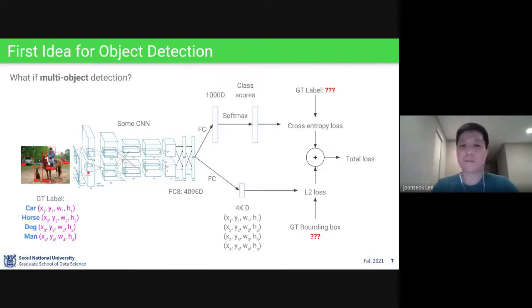So if we just feed them, for the classification loss, the classification scores of multiple objects should each be 1. So how should we minimize the loss? For the ground truth label, should we give one-hot encoding for each of those multiple objects? Then they should sum to 1. So that means the threshold for each of those objects should be